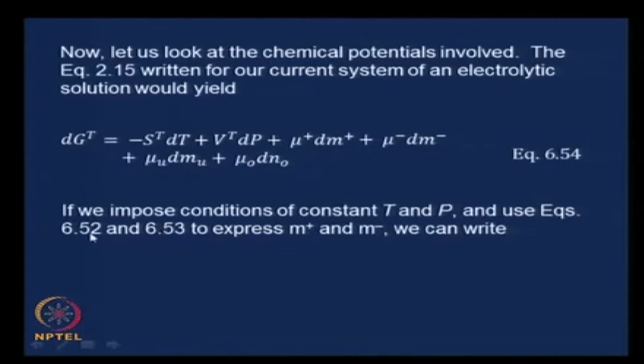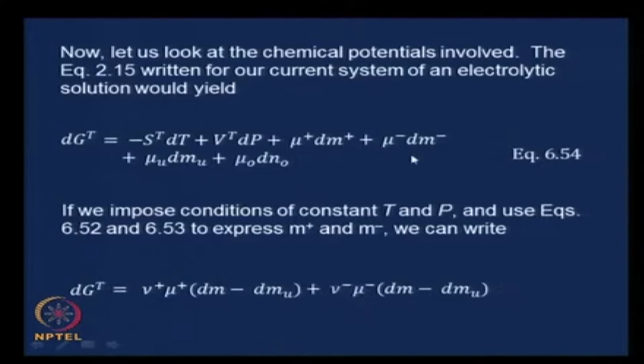If we do use these two expressions, equations 6-52 and 6-53, to express m plus and m minus, we get dGt, the first two terms have gone to 0 already, equals mu plus, which is here, and dm plus is nothing but nu plus into dm minus dmu, quite easy to see this, and similarly you have a mu minus here, and dm minus is nu minus into dm minus dmu plus of course mu u dmu plus mu 0 dn 0, the number of moles of the solvent,